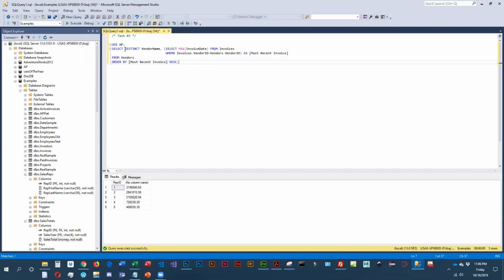So we're going to use distinct vendor name. And then to get the most recent invoice, we're going to do a subquery. So we're going to do a select. We're going to do max invoice date, which is going to give us the most recent invoice. That's coming from the invoices table,